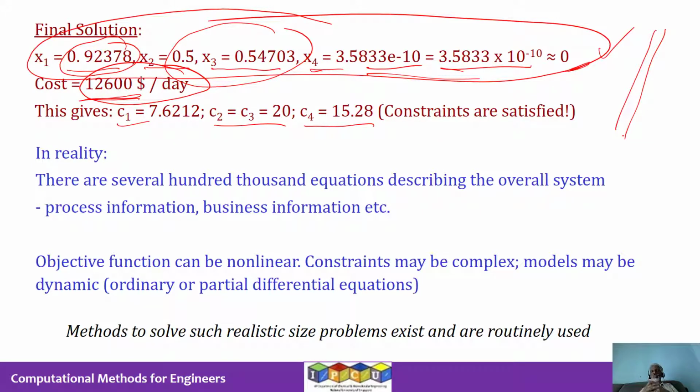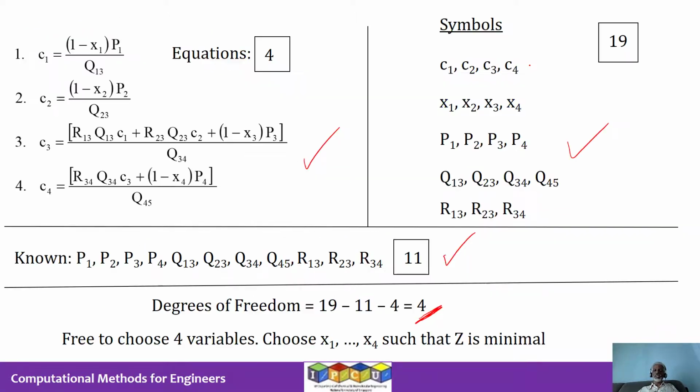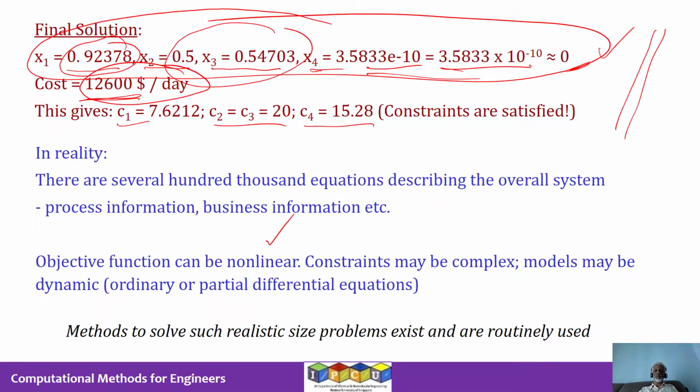And many researchers are working on finding out good optimization techniques to solve problems. Some of the methods are fairly generic. That means it can be applied to many kinds of problems. Some solutions are very tailor-made for a particular problem. So all of these kinds of things exist. So the objective function can be non-linear. Here the objective function is linear. But in general, the objective function can be non-linear.